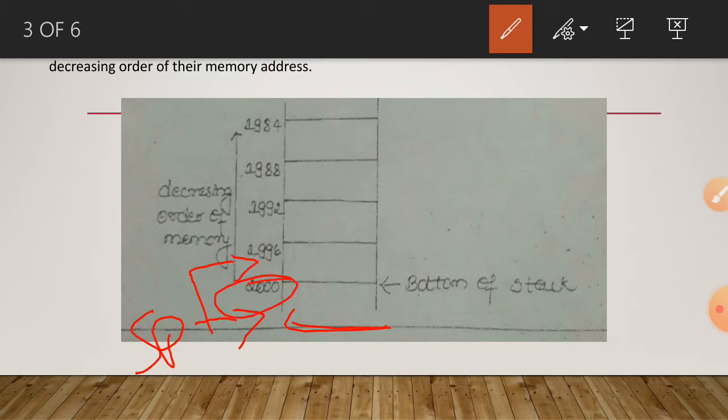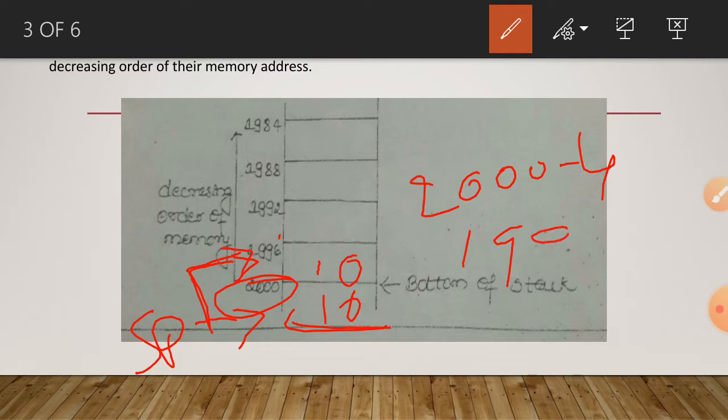Initially it has the address 2000, with the value 10. To insert the next element, we decrement the address, 2000 minus 4, that is 1996. In 1996 we insert the next element.